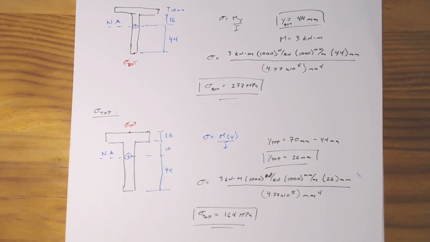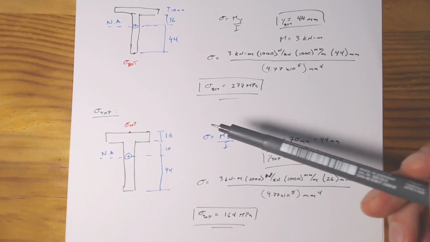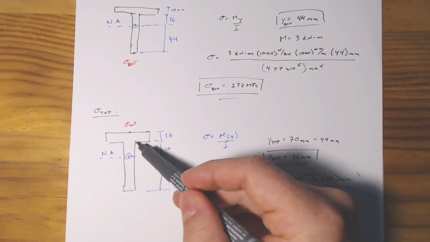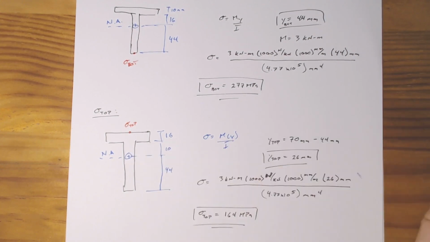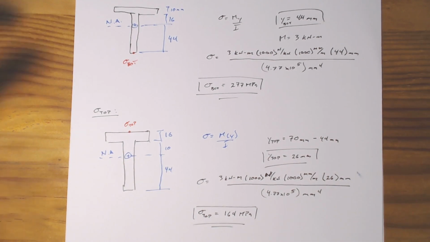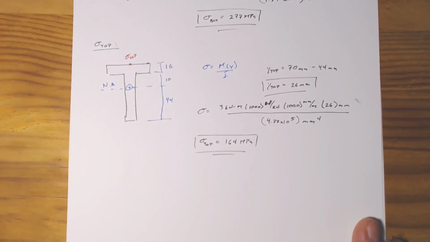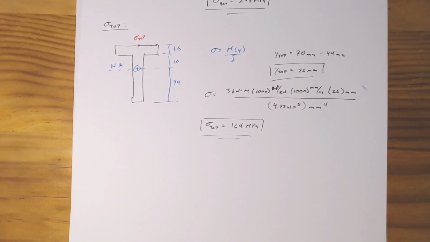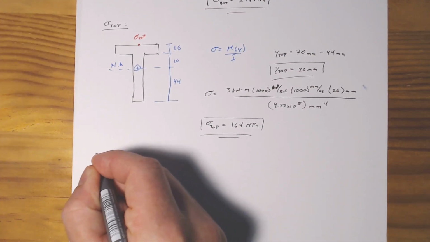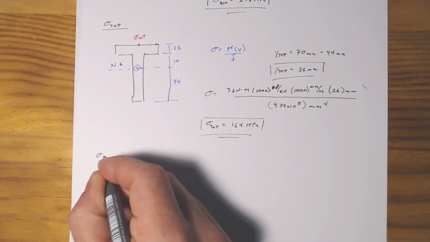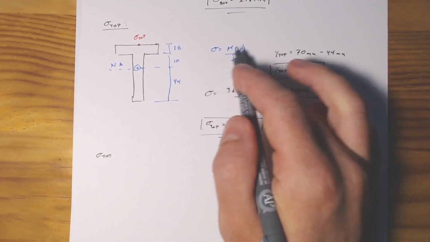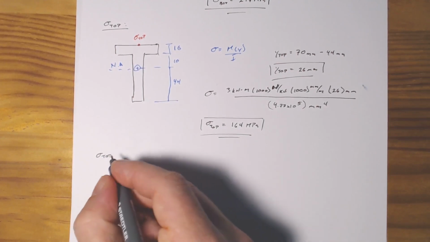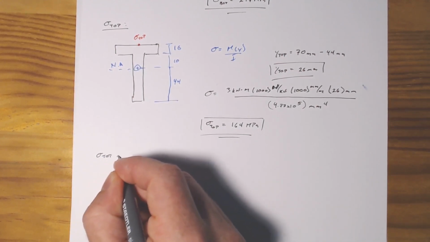But for the sake of working through it, and because we're already right here, let's go ahead and find what our stress is at the interface between the web and the flange. Like I said, we don't necessarily need to do this because we know we have a linear stress distribution. But for some cases, we will need to do this to work out what the combined bending and shear stress are. Just not in this case. So this is simply just a practice, and also just to show you that this equation can be used for more than just the extreme fibers. So sigma top of